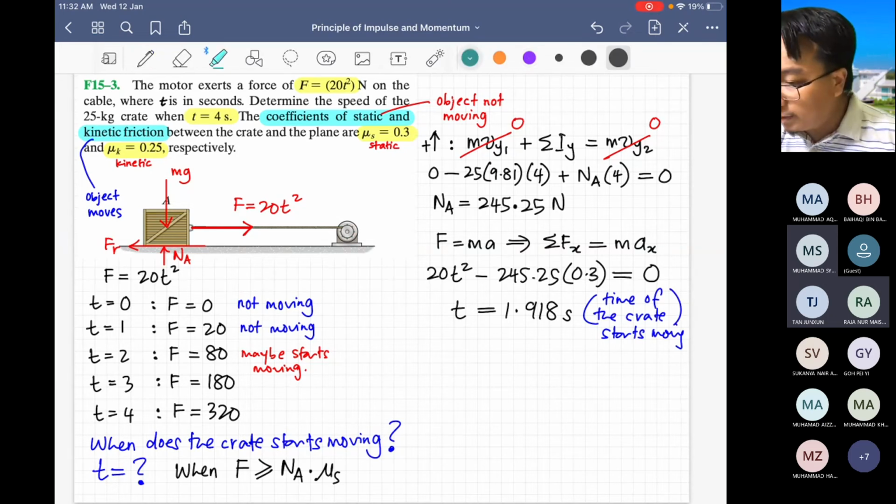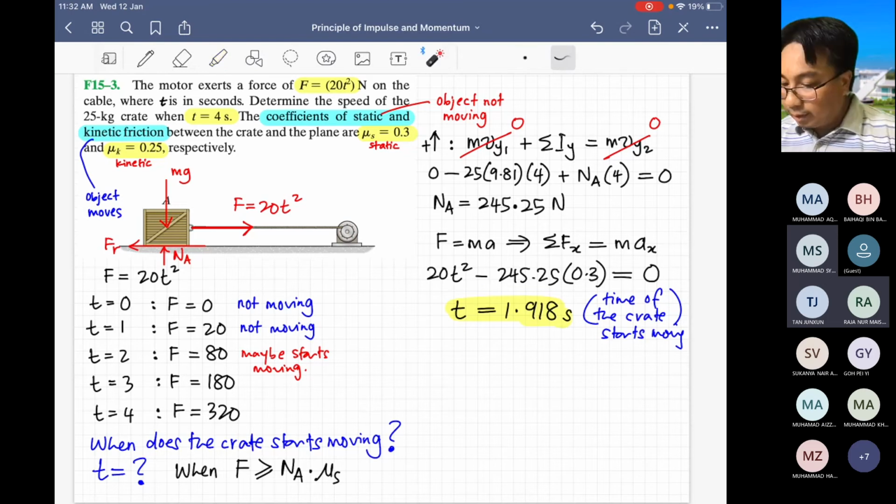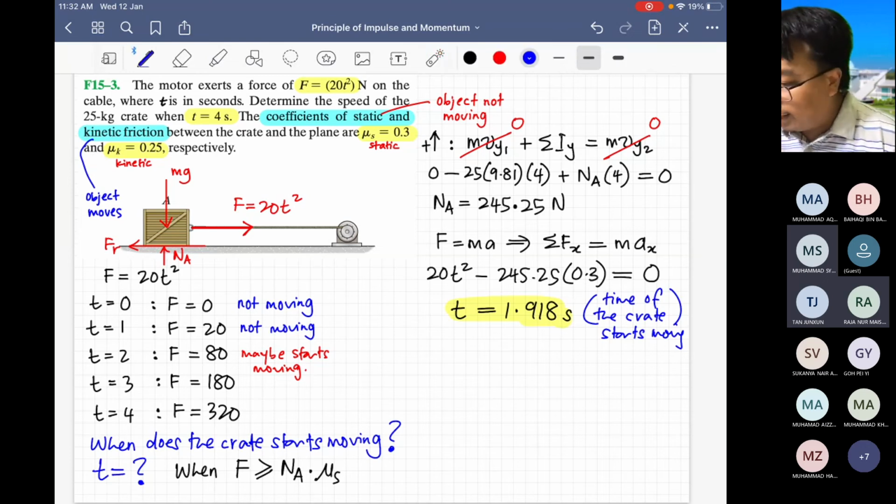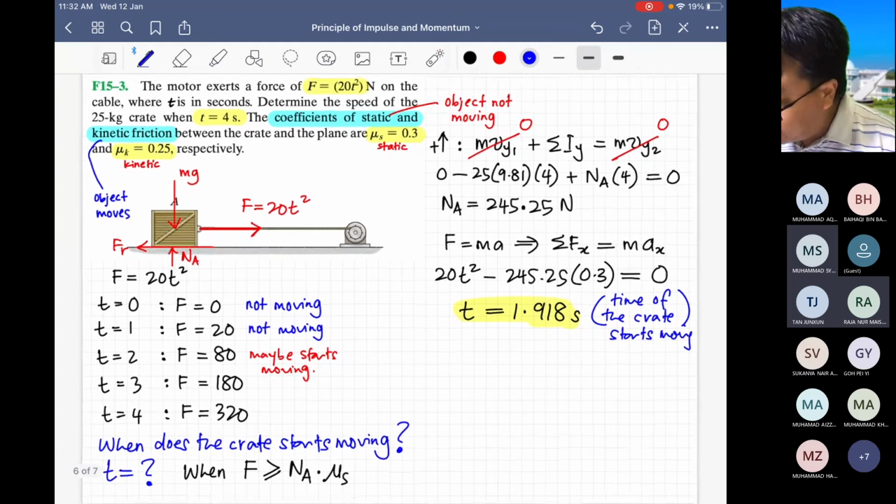So kita dapat time dia sama dengan 1.9. So almost pada 2 ni lah. Tadi saya dah beritahu maybe dia start moving pada 2 ni. Pada time equals to 2, maybe dia start moving. So my assumption is correct lah. 1.9 ni dia dah start moving dah. 1.9 seconds. Okay. So bila kita dah tahu bila dia start moving, barulah kita apply the principle of